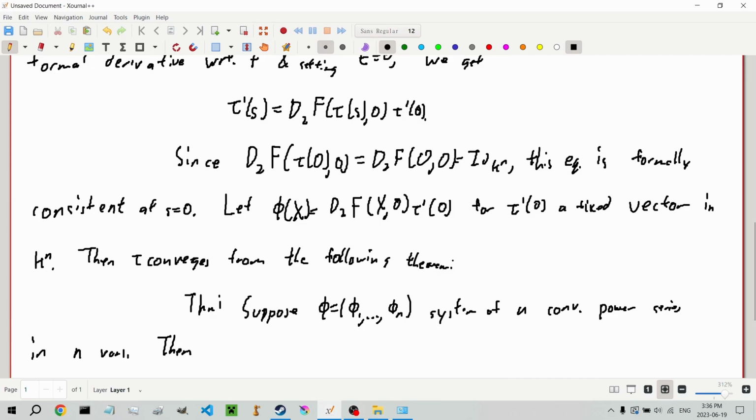Then the formal differential equation taf prime of s being phi of taf of s, with taf of 0 being 0,